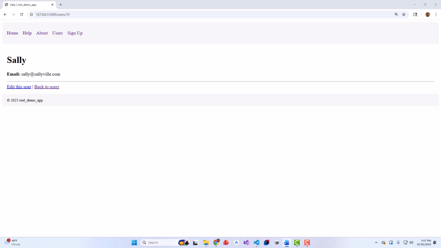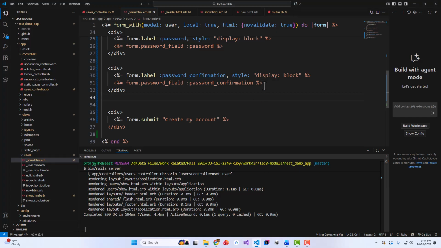Okay, so for displaying validation errors. All right, so when form submissions fail, users need clear feedback. Rails attaches all the validation errors to the model instance that failed to save. We can render these messages automatically using a shared partial, which keeps every form in the app consistent and avoids repeating code. So we'll extract the error display logic that was previously inline in the form HTML into a reusable